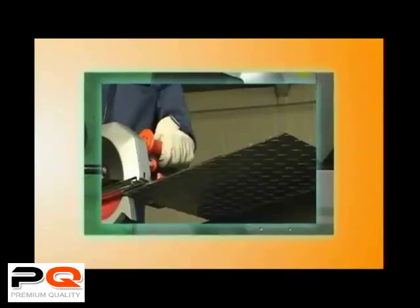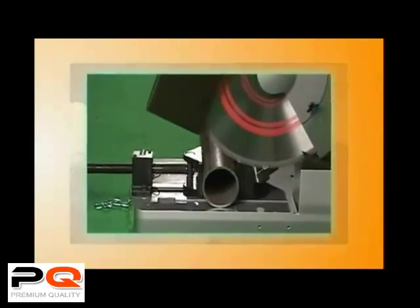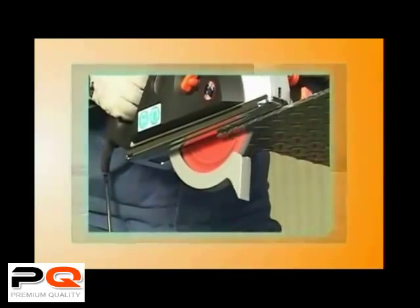To increase the life of the steel cutting saw blade, as well as to use it safely and to raise the efficiency of your cutting work, be sure to fully understand